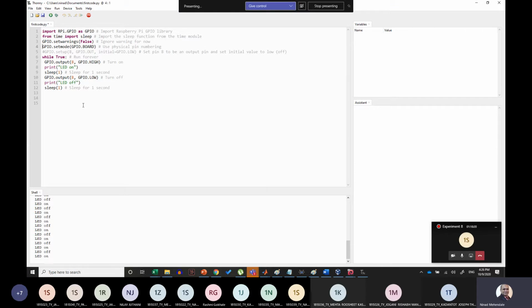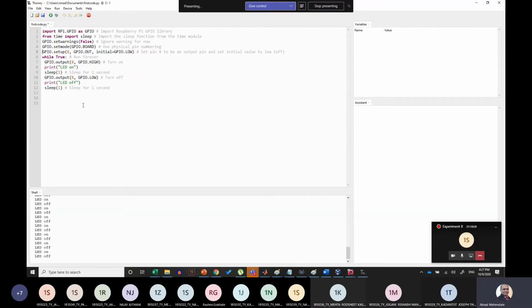Then GPIO.setmode as BOARD. So basically, whatever physical pin numbers are there, that will get followed. And this is the easiest way to program the Raspberry Pi. So GPIO.BOARD will allow me to select pin number 8 physically by typing pin number 8 over here. Otherwise, we have to see the Raspberry Pi pin mapping. I will tell you that method also, but right now, just remember, set GPIO to your board mode always, and then it is very easy for us to do the coding. Just count the physical pin number and write that number over here.